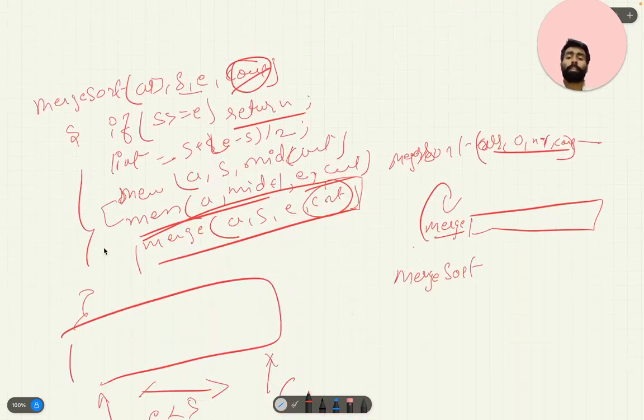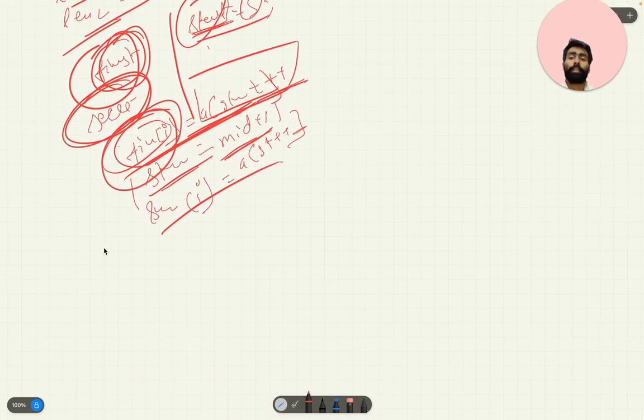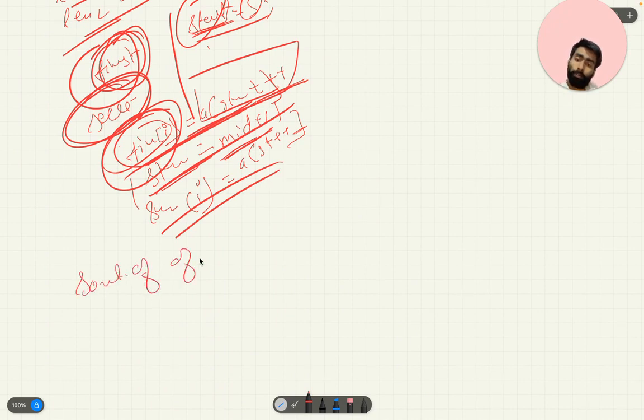So after getting the first and second, we will now start merging of two sorted arrays.